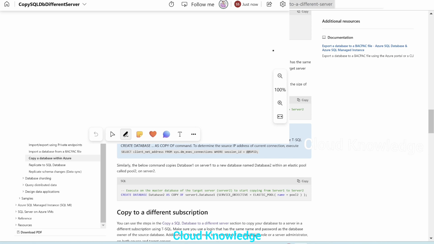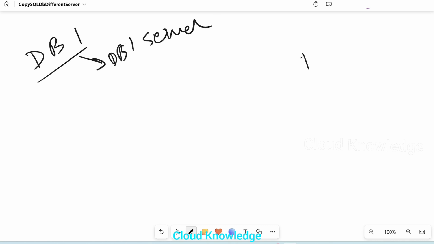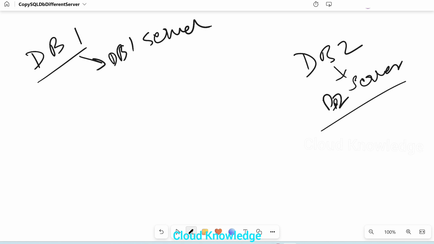So let me go to the whiteboard here. Let's say we have database 1, which is in server DB1 server. We have database 2, which is in server DB2 server. Now this is source and this is destination, let's say.